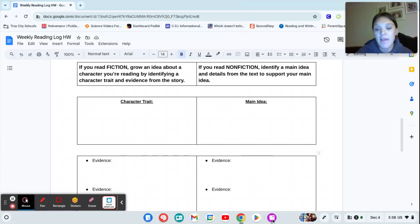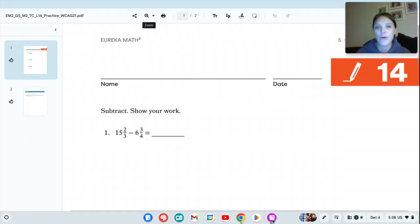So I have decided to move our math test from this week to next week. My decision is solely because Wednesday is an early release day, so I don't get a chance to see all 45 of my fifth graders. As well as Thursday, we have a field trip to RPI. So, again, that's another day I won't be seeing all 45 of my students. So I thought it would be more fair to make up those days and push the test back,